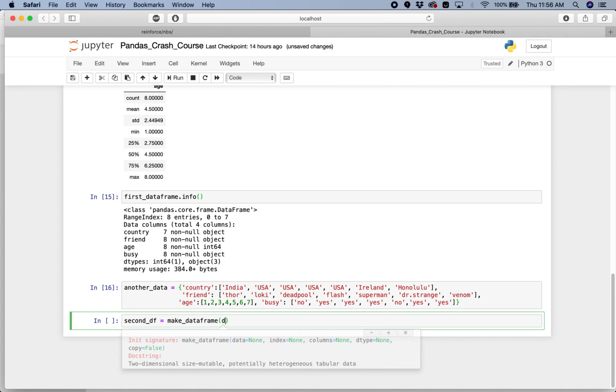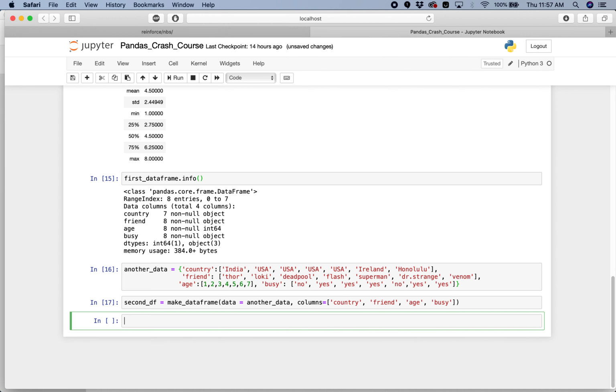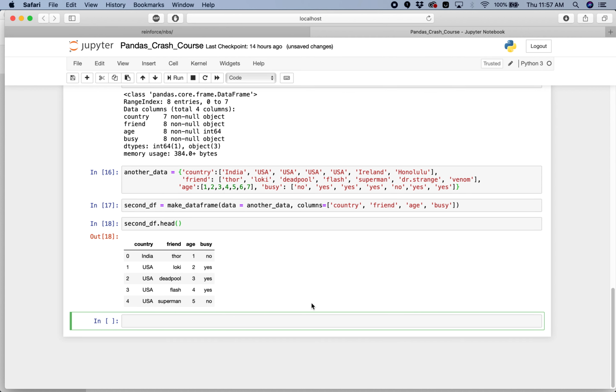And now second df should be something like make my df. And what we need, data should be the other data, and columns should be country, their age, and what else we have? Friend. Oh, let me do friend, their age, and are they busy? Cool. So it should be fine. You want to check how this looks like. Here we go. We got our data,